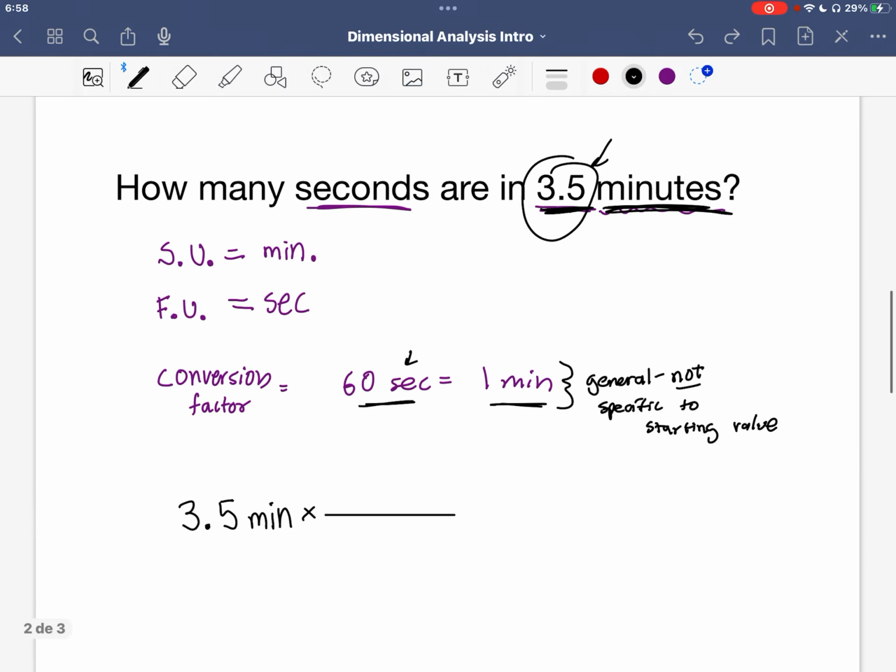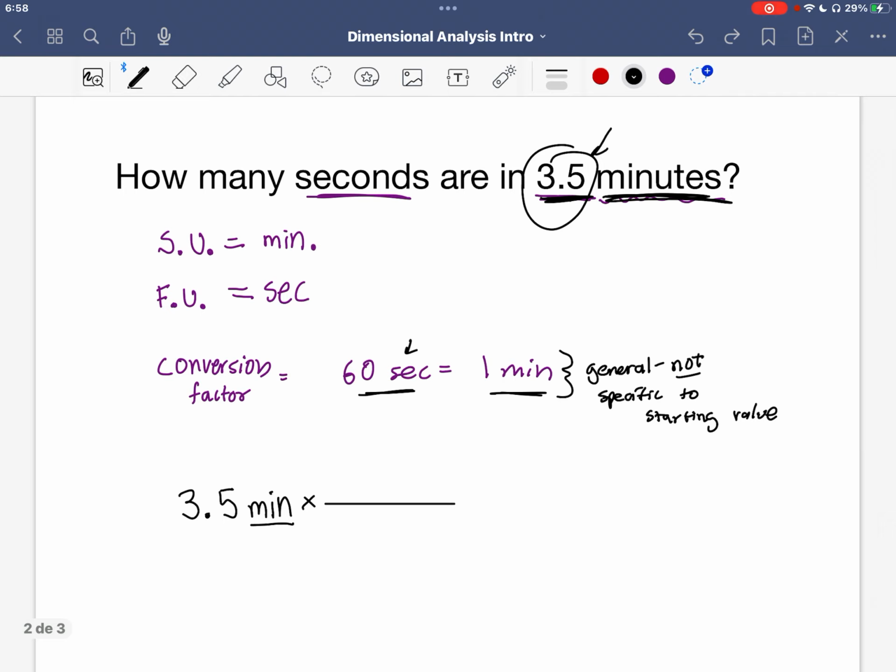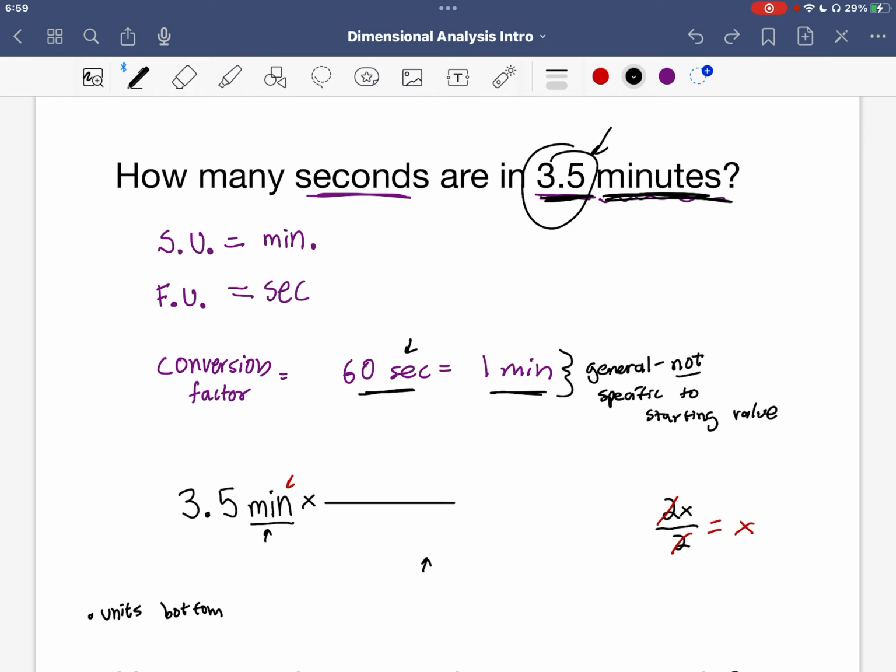Now, I'm trying to get minutes to cancel out so that I can convert to a new unit. It would be sort of like if I had in math class 2x over 2. What would happen to those 2's? They would cancel out and I would just have x. I'm trying to do the same thing, but with my units. So if I have minutes here, in order to cancel minutes, I need to put them on the bottom of my fraction. So I always set this up by doing my units on the bottom, then my units on the top,